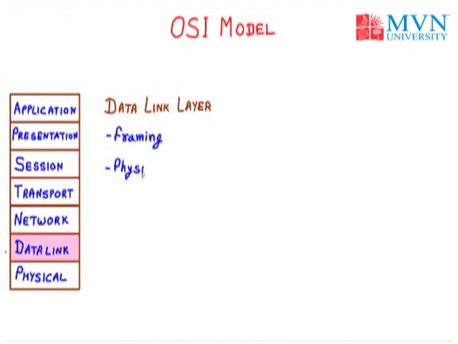Second thing, data link is used for physical addressing. Now what do you mean by physical addressing? We have two types of addressing, that is the physical addressing and the logical addressing. For example, we have a particular network and we want to send the data within that network, that is called physical addressing. For that we require physical addresses. And what about logical addressing? For example, if we want to send the data from outside that network, we need the logical address, just like the IP address. That is called logical addressing.